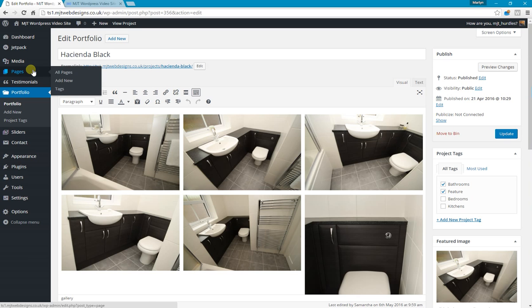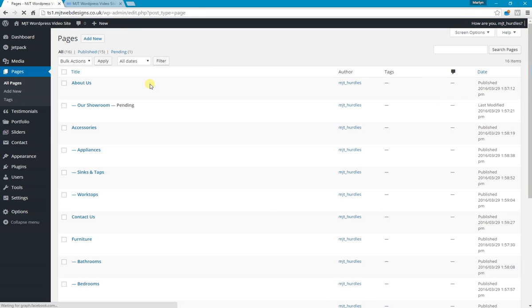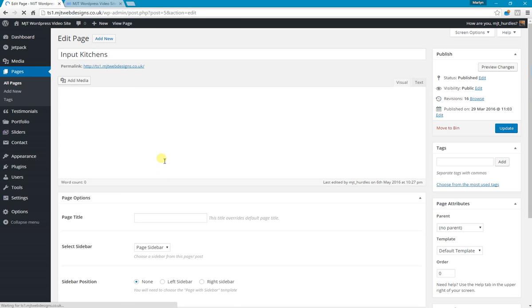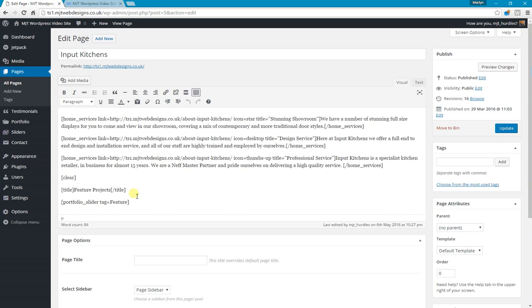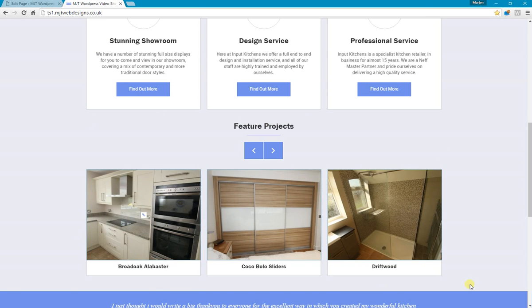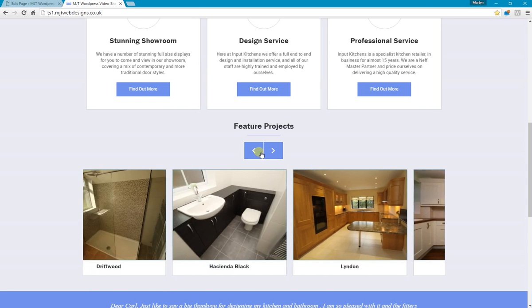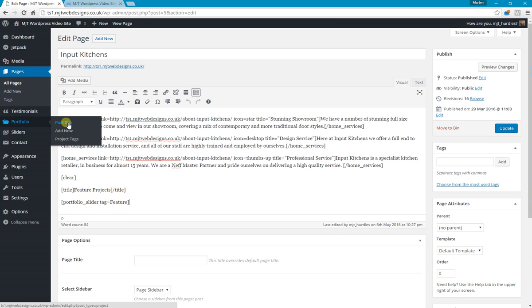Again, we looked at shortcodes when we looked at the sliders. So if I look on your home page, I know I'm chopping and changing, there is what's called a WordPress shortcode, which says I'm going to pull a slider through using tag feature, which are all my feature portfolio items. You could use that anywhere around the site on any page, and it would drag through that whole feature element with whatever projects are tagged as feature. So going back to your portfolio,